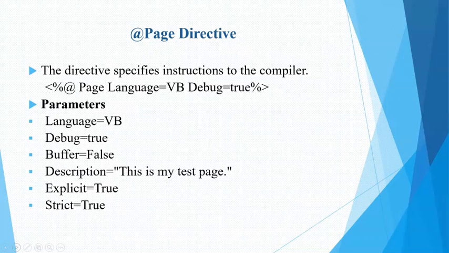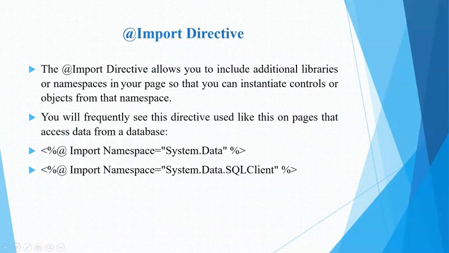Debug means we want to see the output, so debug must be true. The buffer is also equal to false because the buffer holds output until some events occur, so buffer equal to false. Description: this is my test page. Explicit equal to true. Strict equal to true. These are the parameters of the page directive. The next slide is about